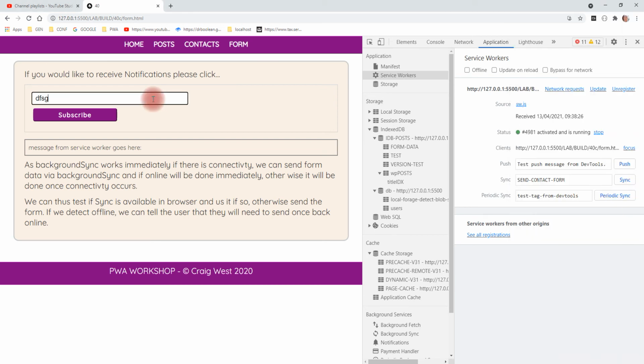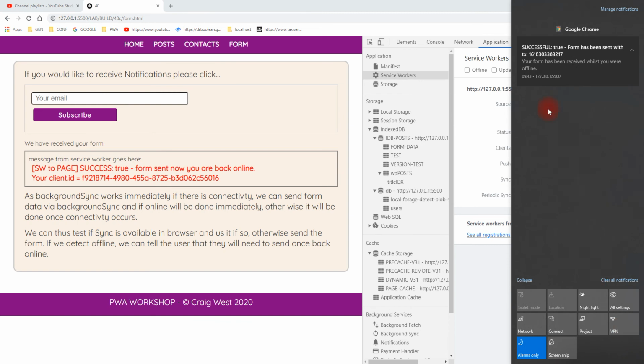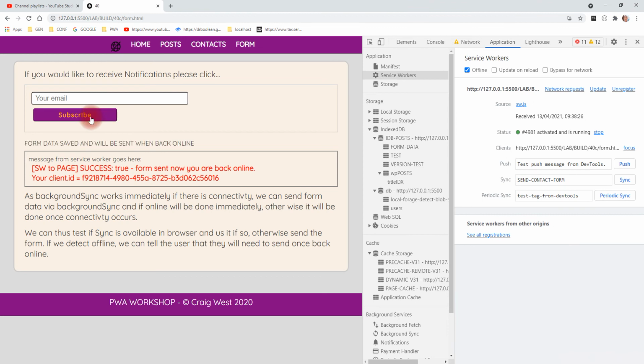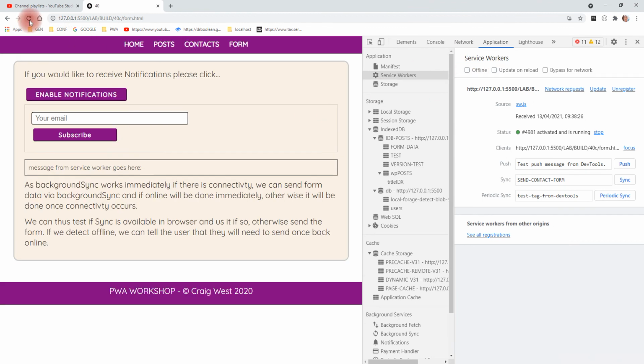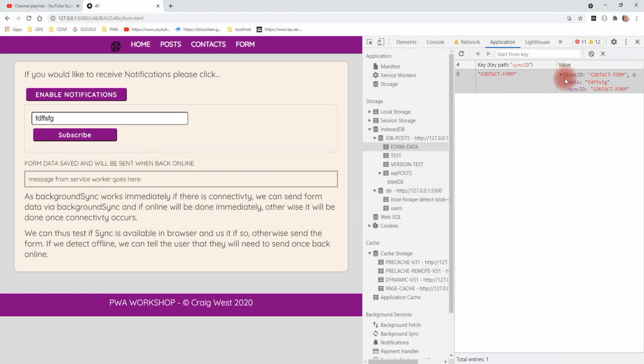Now, if we type anything in here, firstly, we get a message back. We will also get forms successfully being sent. So it's a notification. But what is of interest is if we're offline and we do exactly the same. In fact, what we'll do is we'll go back online, refresh the page, go offline, subscribe. It knows it's offline, so it says form information has been saved. We've actually saved that in our form data here in our IndexedDB. When we're back online,